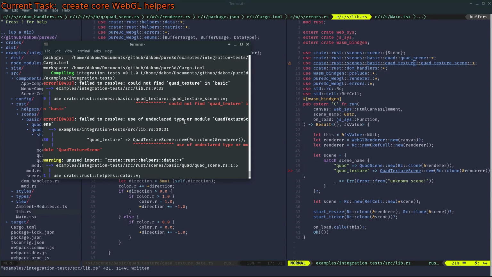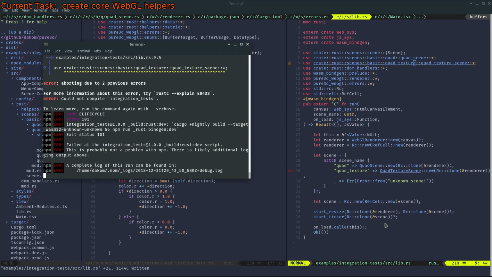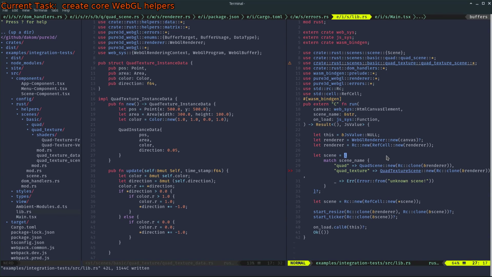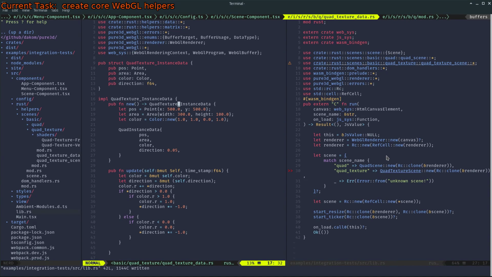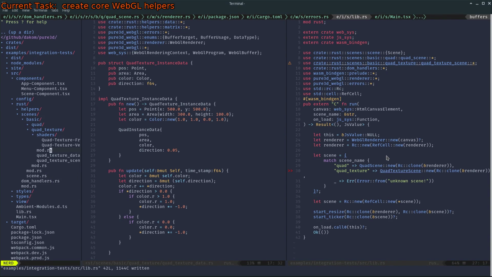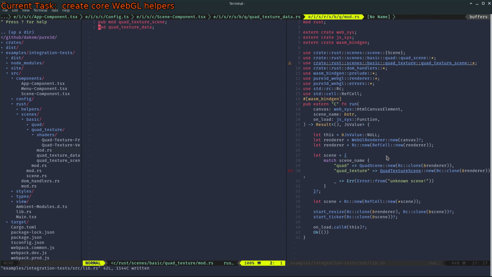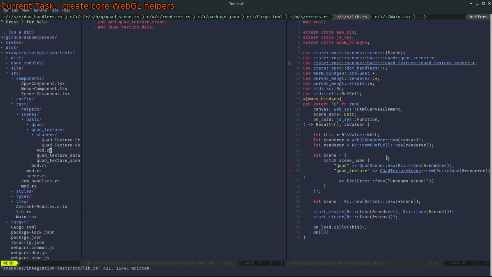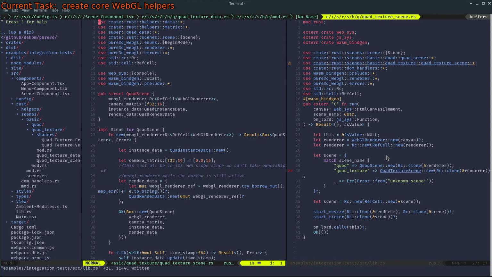Modifying quad texture in basic. Alright, whatever. I think I'll start solving things one at a time. Quad texture scene. No, that actually should be fine. Let's restart the